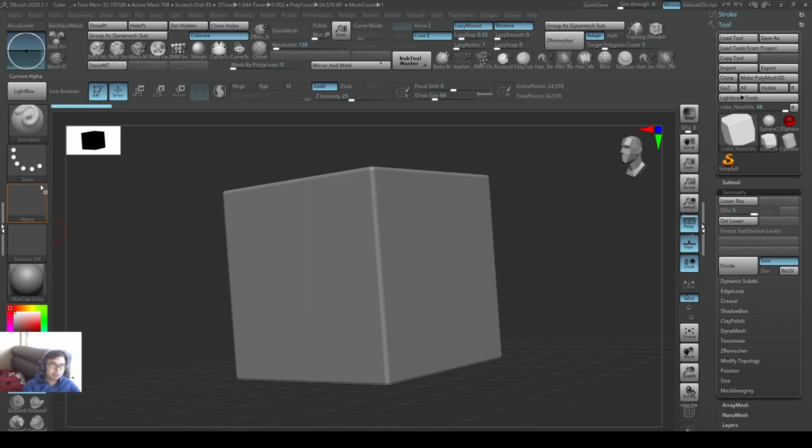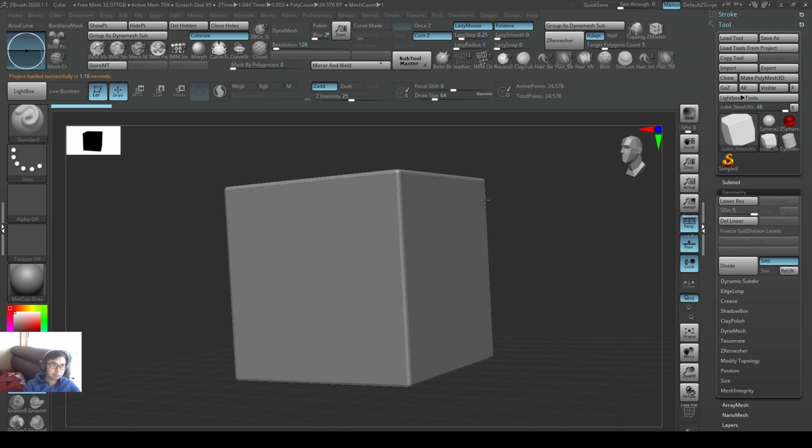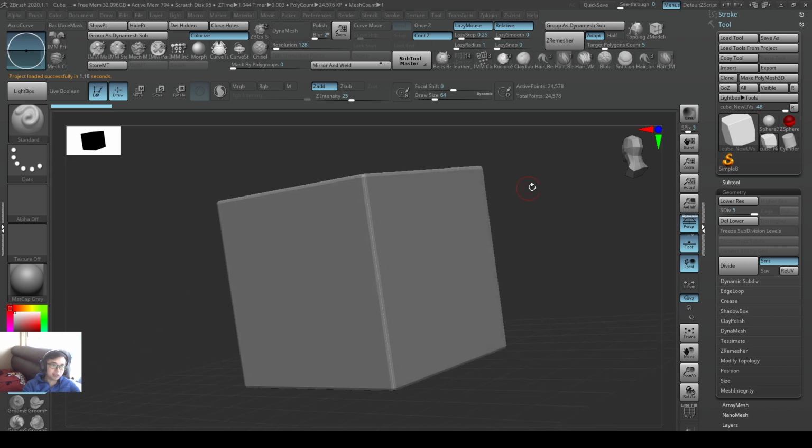Okay, so I'll go to Lightbox in ZBrush. Go ahead and open the cube.zpr, the project file, and I'll say open it. Okay, first thing I'll do is I'll go to Tool. I'll go under Tool, Geometry, and I would press Delete Lower. I want to get rid of the